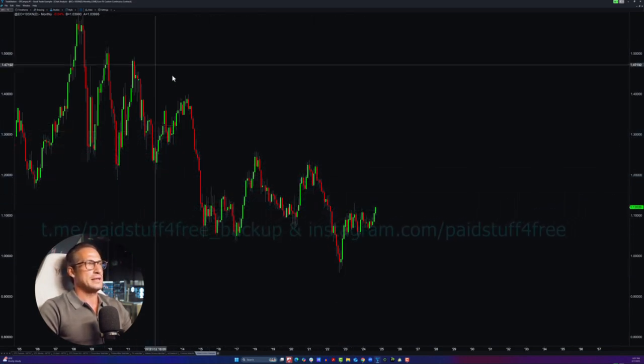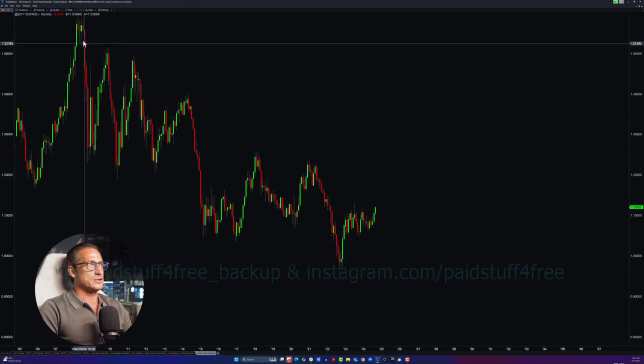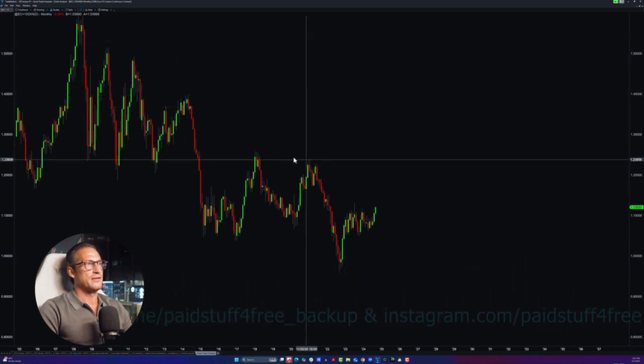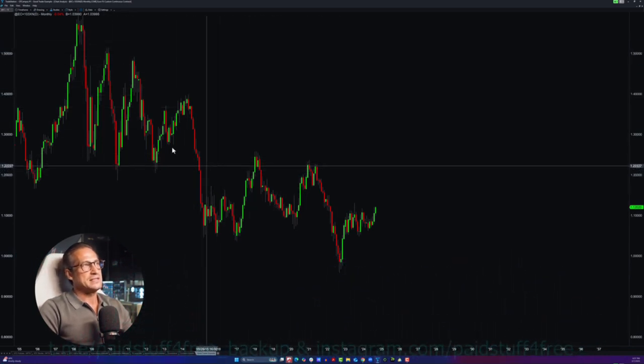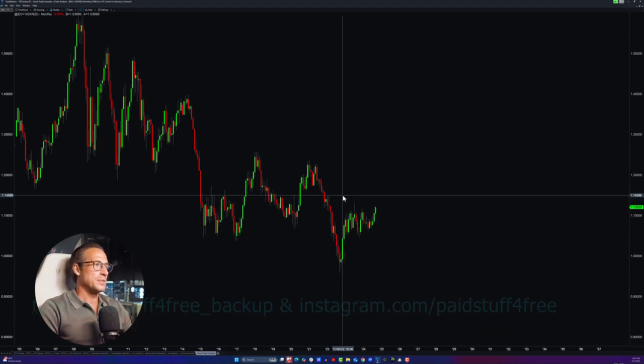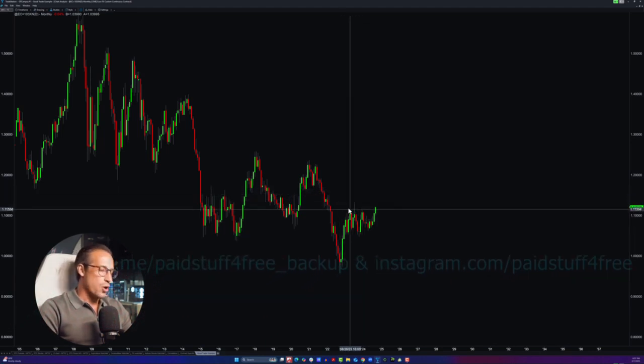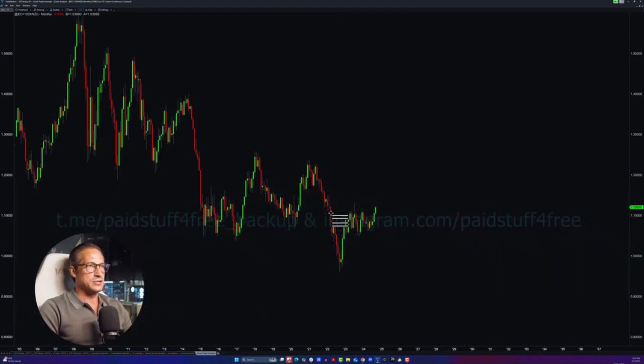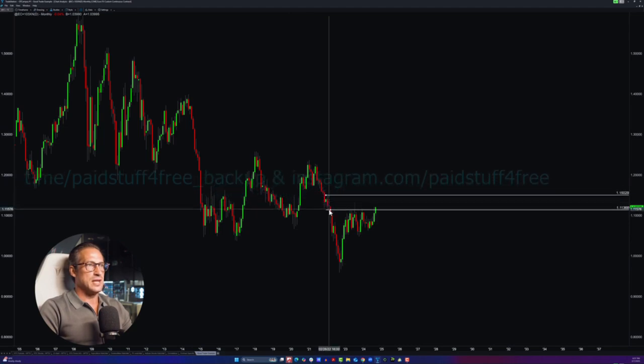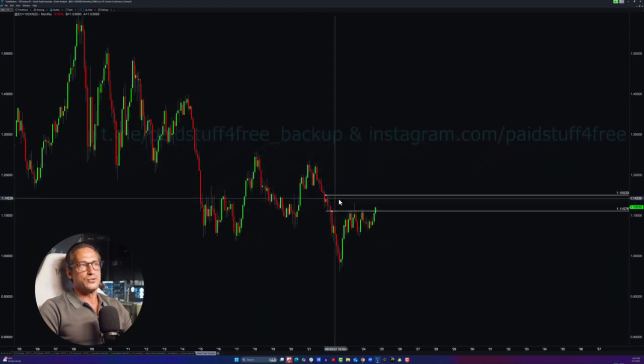Remember, the pressure in a downtrend comes from above. We are in a big long-term downtrend on the monthly chart. And I don't see any reason why we would not